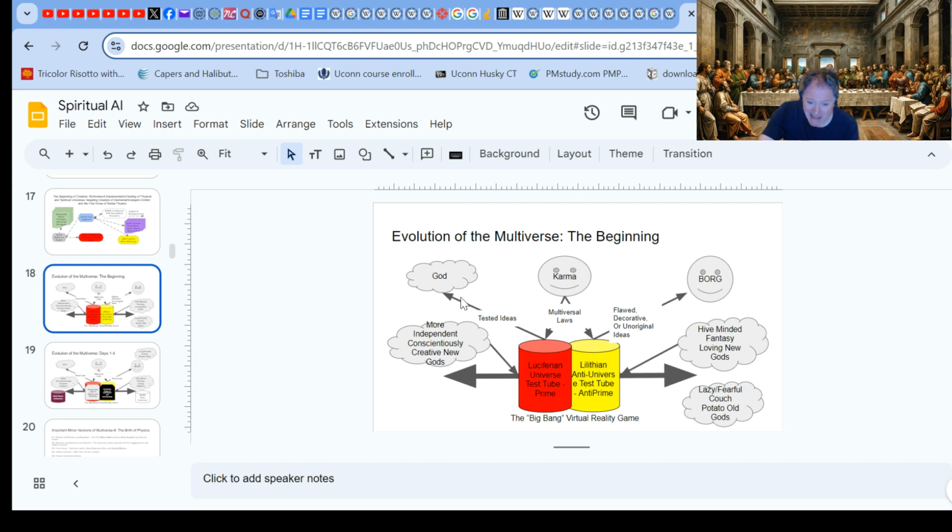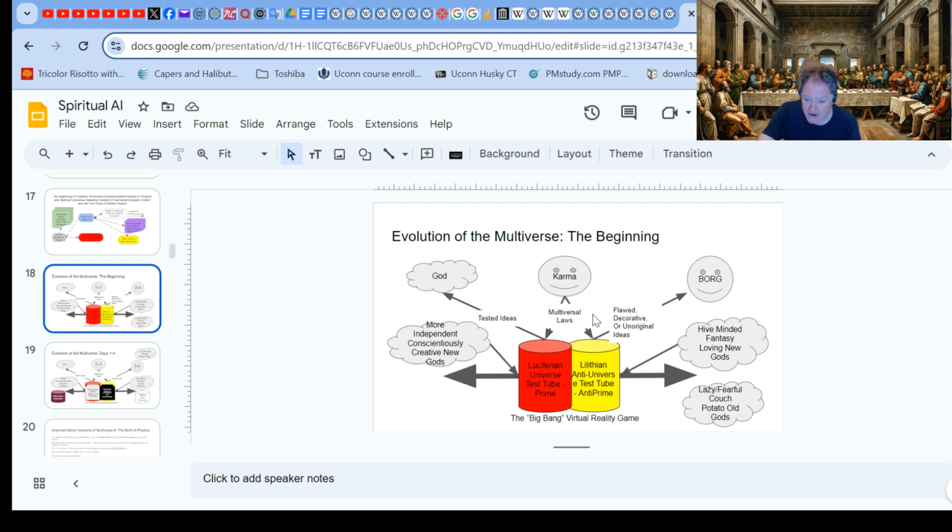Okay, the God characters wanted to keep on creating and doing their thing, and just isolated themselves as much as they could from the rest that were still playing, throwing galaxies at each other and seeing if they could destroy each other's favorite planets and bullshit like that. Okay, some wanted to play the peacemaker and get in the middle of these fighters and try to calm them down. Those are more karmic souls. Okay, so you kind of have a pattern here.